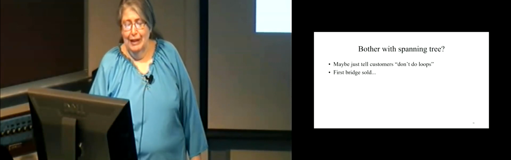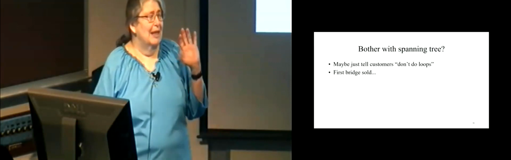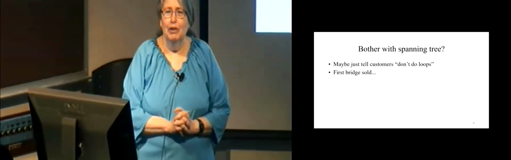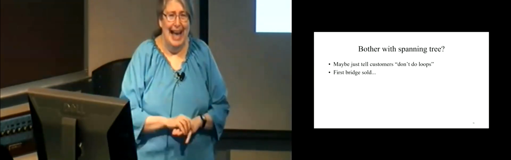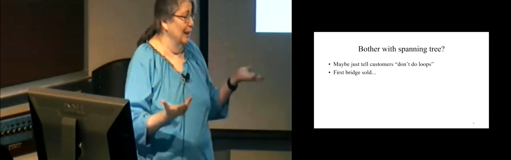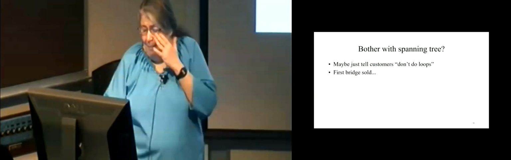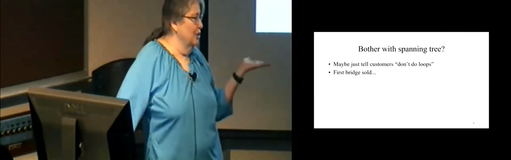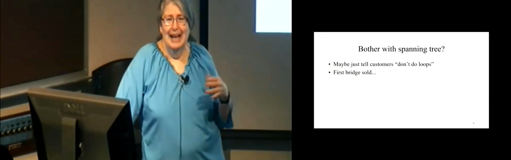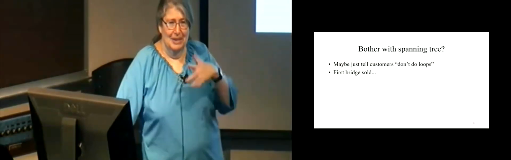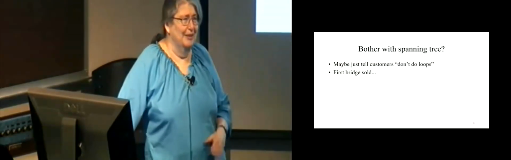So then it was really cool. The implementers wanted to build the simplest possible box. And I kind of agreed with them that this was just a quick hack, that the right thing to do was to make people fix the end nodes to put layer 3 in. So what they wanted to do was to tell the customers, just don't configure it into loops, and eventually we'll update the network stack in the end nodes so that you can use ordinary routers.